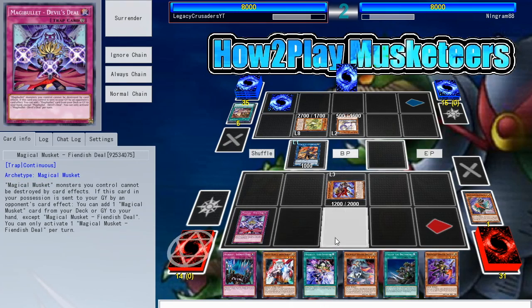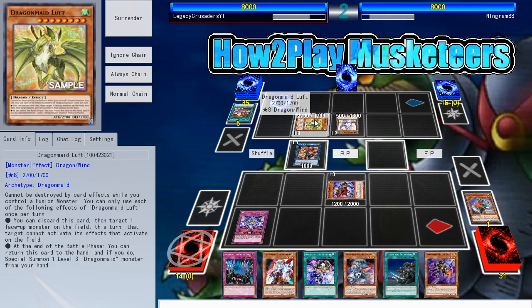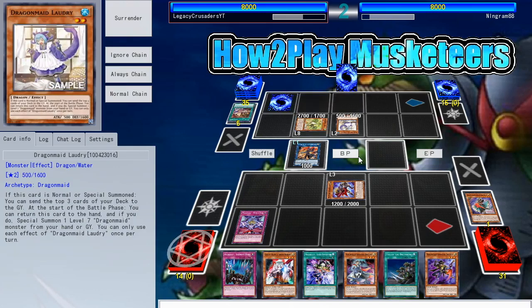I hear you. What's the big guy's effect that he has? Cannot be destroyed by card effects while you control a fusion monster, which he doesn't have. You can discard this card, doesn't matter. At the end of the battle phase, you can return this card to the hand, and if you do, special summon a level 3 dragon maiden from your hand. Okay, and the other one? At the start of the battle phase, return this to the hand and summon a level 7 from hand or graveyard. Cool. Just cross the